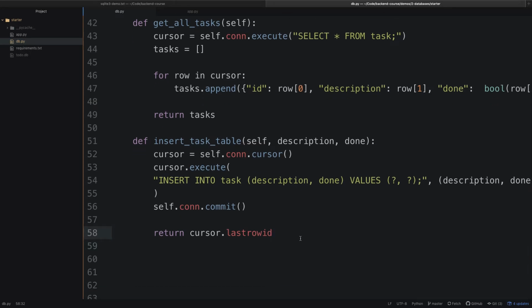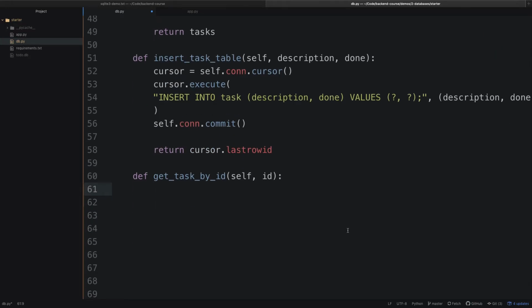All right. Any questions on querying or inserting into the database right now? All right. Following along with our route patterns, we want to get a task by ID, a specific one. And then for this, we need to take in self as always, and then an ID argument. And so we're going to do a similar approach as the previous ones. We're going to instantiate a cursor,